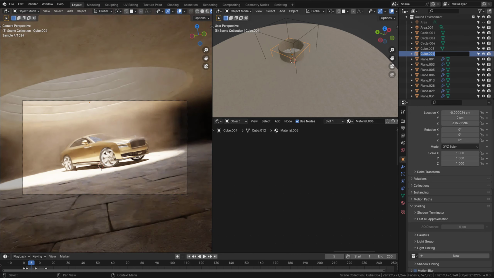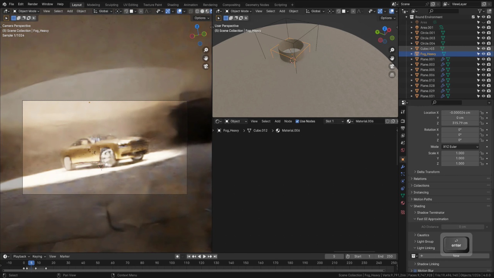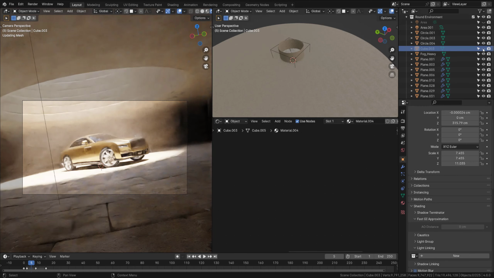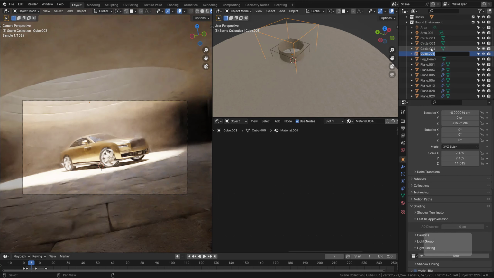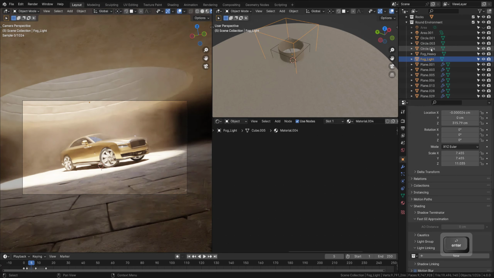I will hit double click on this one. Maybe we can change the name to fog heavy, and this one, the big one, you can call it fog underscore light, just to recognize it. And let's go to the